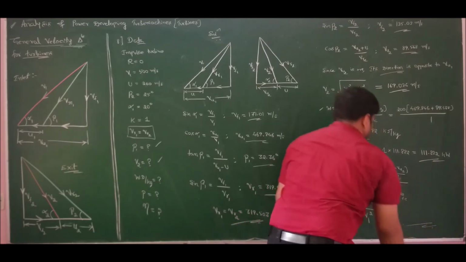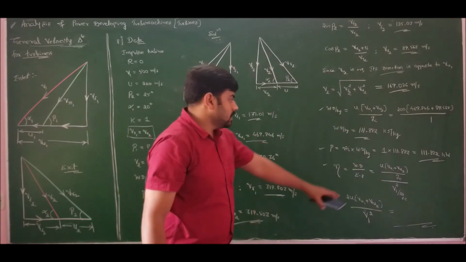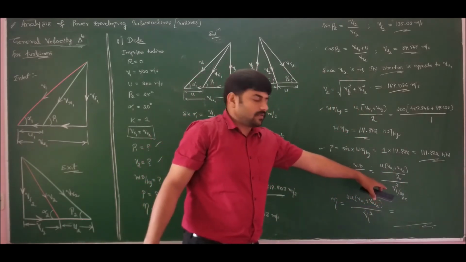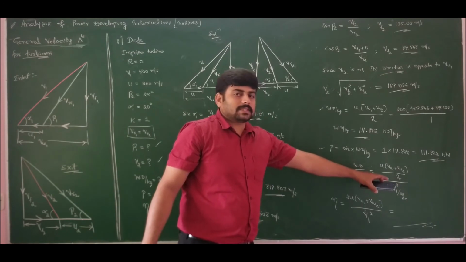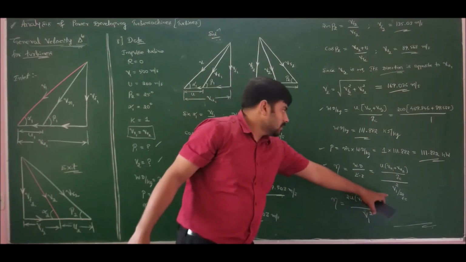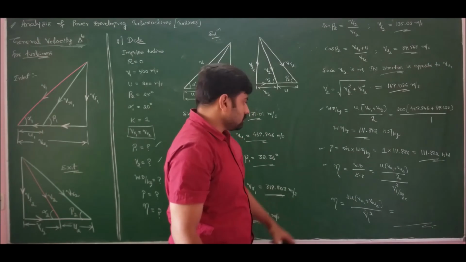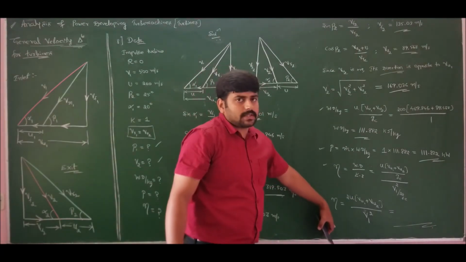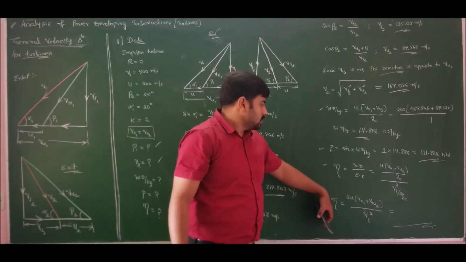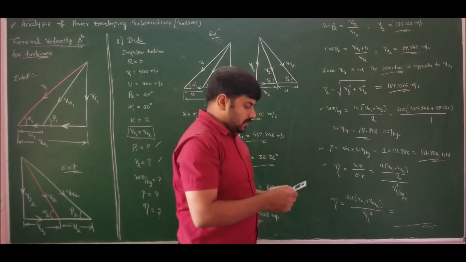Very, very important. If I solve for reaction turbine, energy supplied will be on the blades also. Therefore, I should add VR2 square minus VR1 square by 2GC for energy supply. For impulse turbine, change in pressure is observed only in the nozzle. So therefore, energy supplied is V1 square by 2GC only.